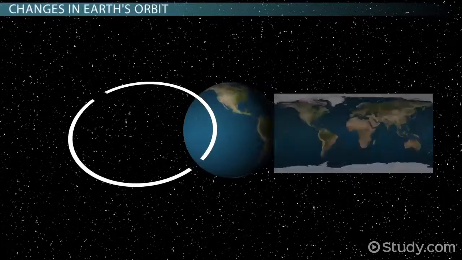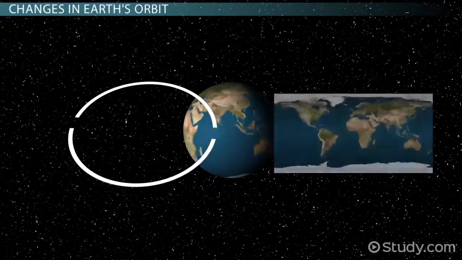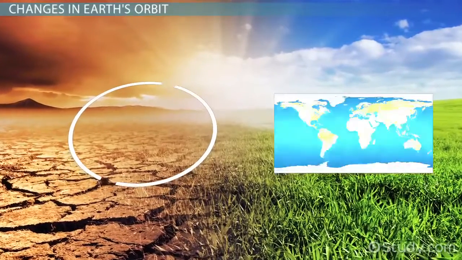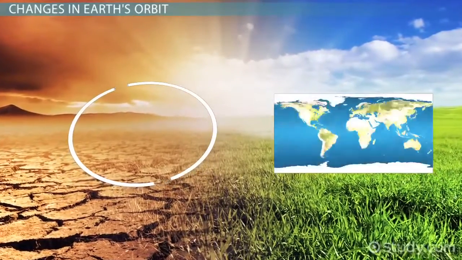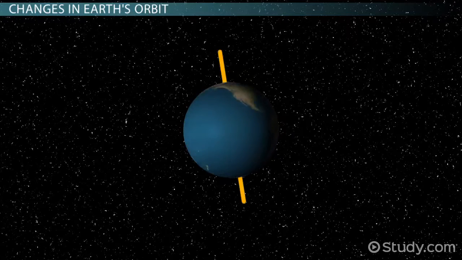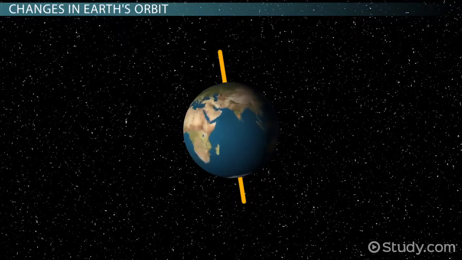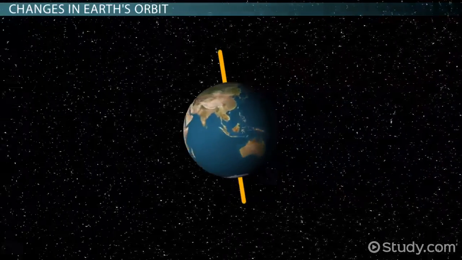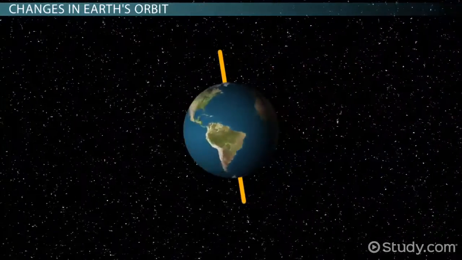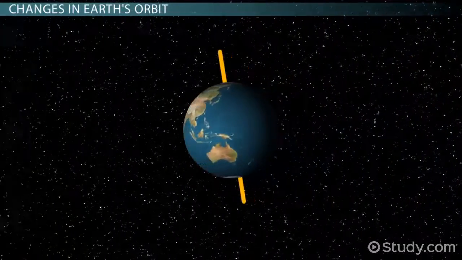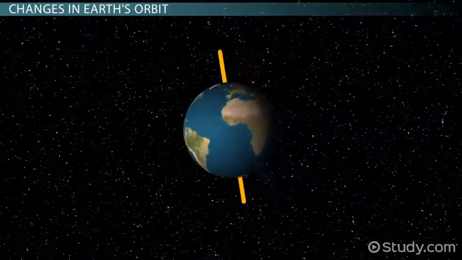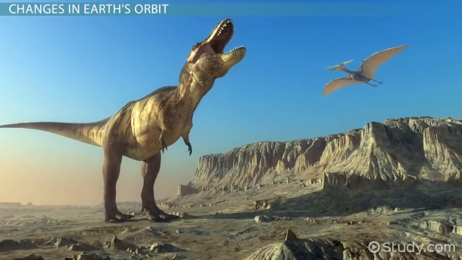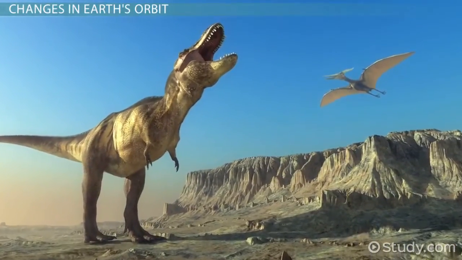Other climate-changing factors do not necessarily affect the temperature of the entire planet. Nonetheless, these factors can cause significant changes in individual regions. As I'm sure you remember from grade school, the Earth rotates on its own axis. At the same time that it is rotating, it also orbits the sun. While you may expect Earth's rotation and orbit to always remain the same, it actually doesn't. Remember, the Earth is very, very old and has gone through many changes in its long life.